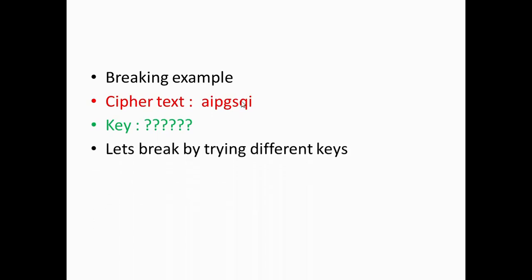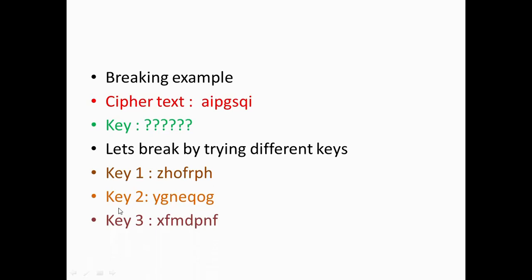I'll explain the brute force attack with the help of an example. Suppose I have this cipher text and I don't know the key, but I want to obtain the plain text. I know that modified Caesar cipher is used, so I can do the brute force attack. I will start from the first key, key equal to 1, and do the reverse procedure. So A will be replaced by the previous alphabet Z, I by H, and I get a word which is not readable. Then I take key equal to 2, again I get a text which is not readable. Then key equal to 3, again not readable.